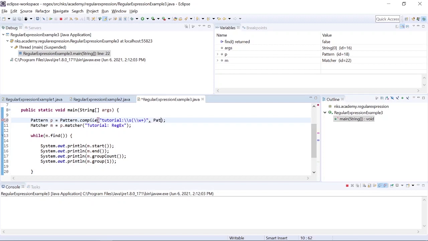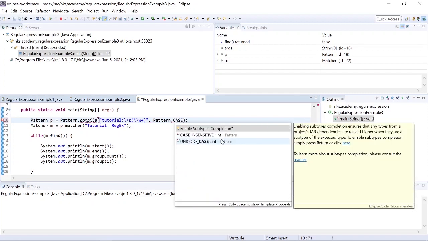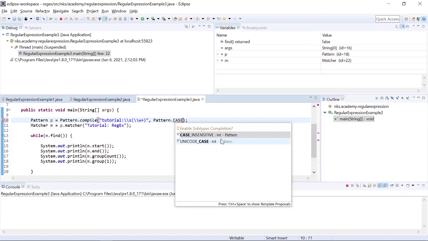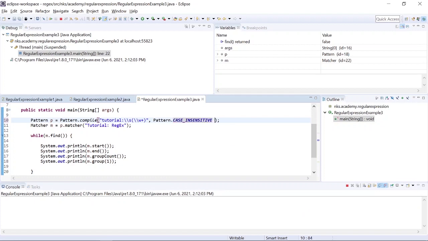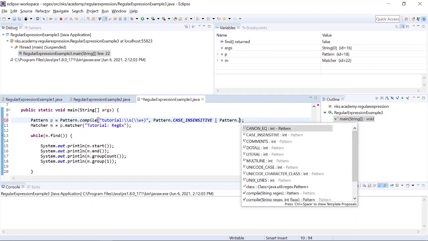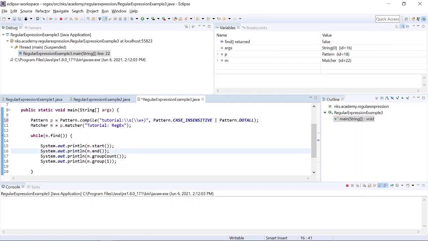To do that, as a second parameter, we can pass the flags. So this is case insensitive, and one more we enabled, that is DOTALL. However, DOTALL is not required in this regex because we have only used the property of case insensitive.